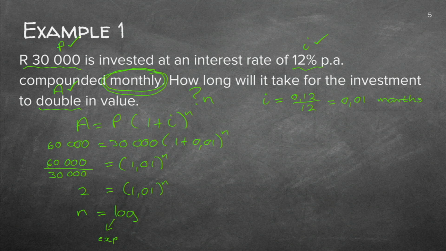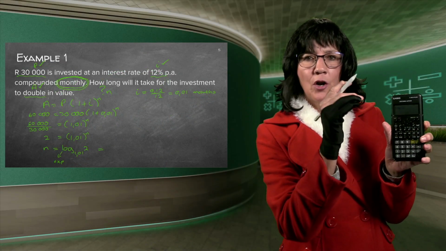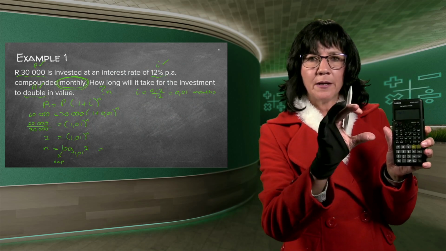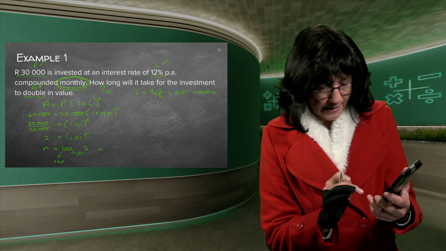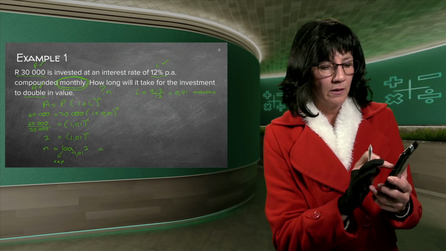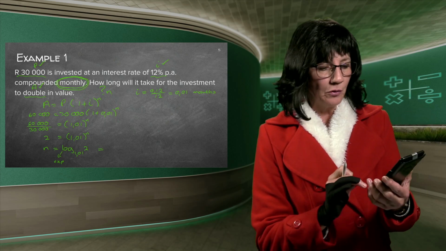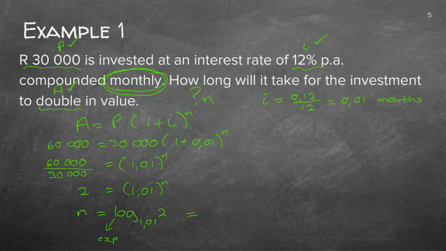What was my footnote underneath the N? Yeah, it was 1.01. What did I not write down yet? The 2. And if you click that on your calculator, I'll do it just now. You go to the very right-hand side of your calculator. There's log with a little block at the bottom and a bigger block next to it. The bottom one is 1.01. To the right-hand side is 2. And if I click it, it gives me 69.7.